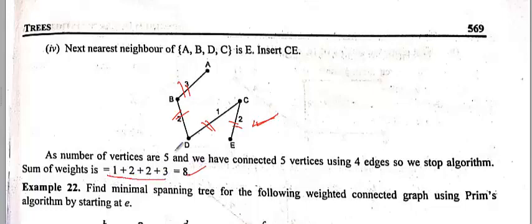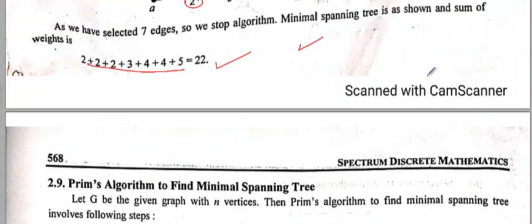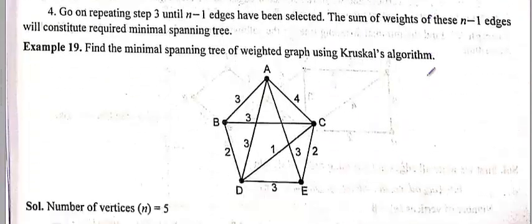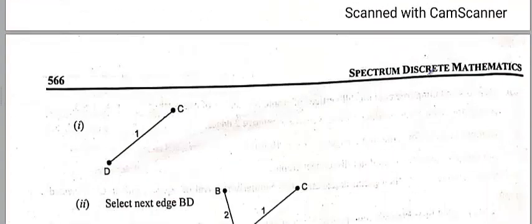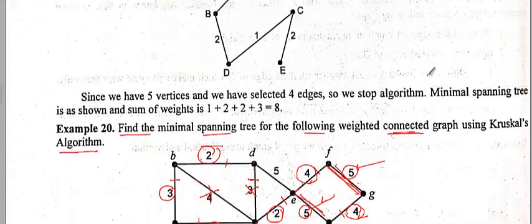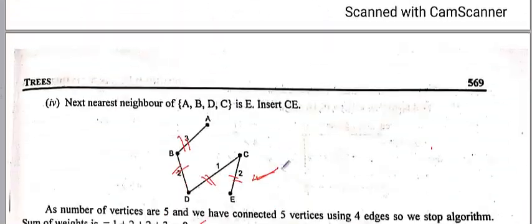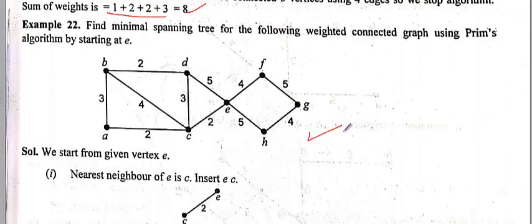Okay. So if you go through the previous algorithm that we used to find the same thing, you will find the same result by the other algorithm also. We used a different algorithm, so the procedure was different. See here, same result, but the process was different. I hope you understand. The same way you can go through the second example using Prim's algorithm. The same thing you will find there.